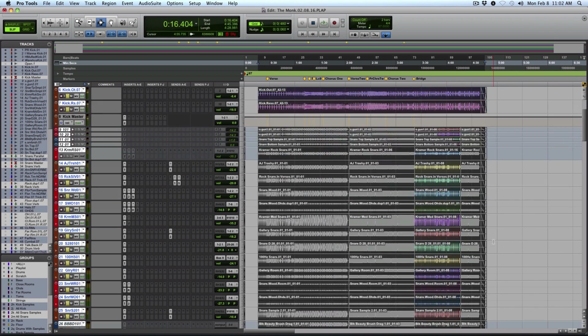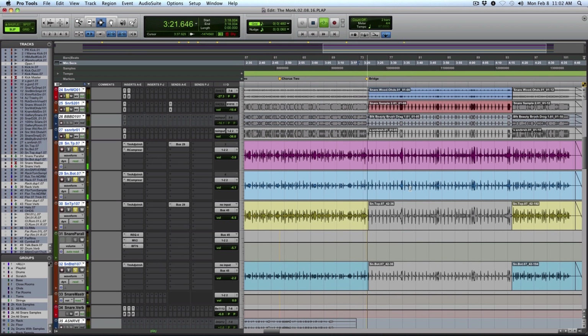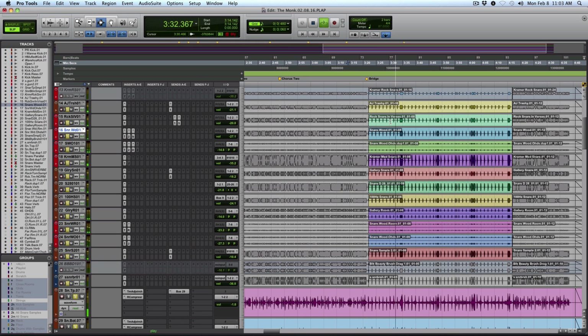Now when we get to the end of the song, I wanted a little bit more aggression, so that's where the snare samples come in. And you can hear that. Now these are all the snare samples you can get from producelikeapro.com if you sign up for the email list. Every single one of these is available. Just take them out,